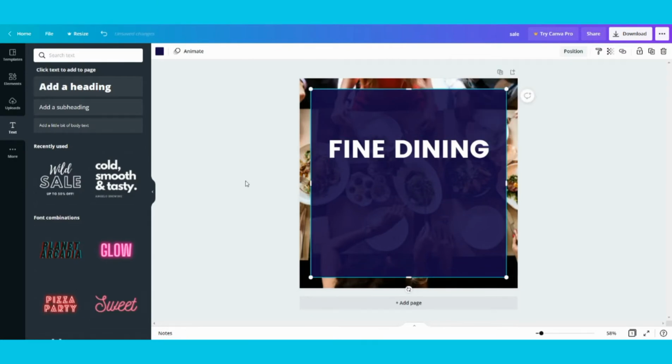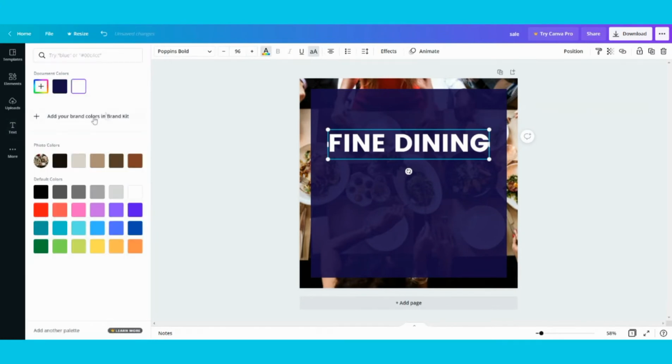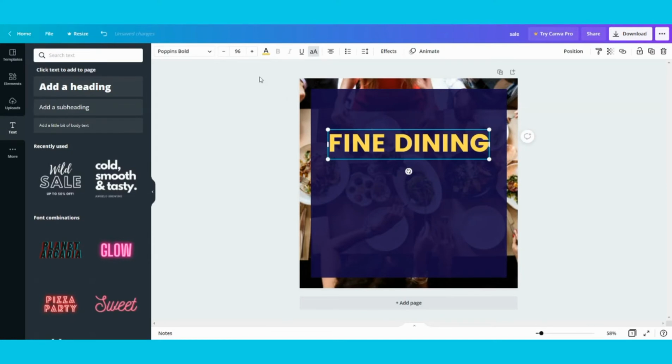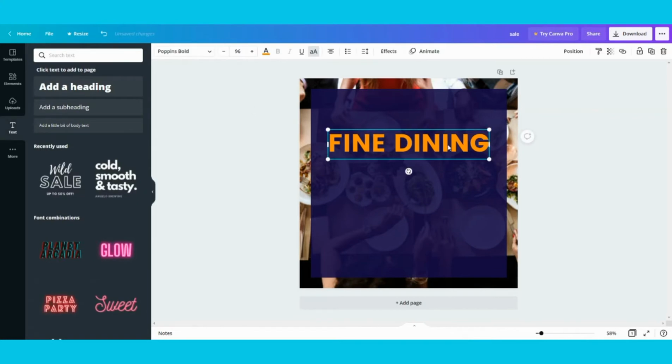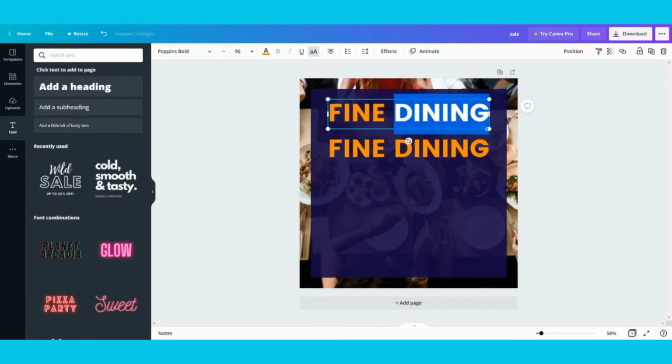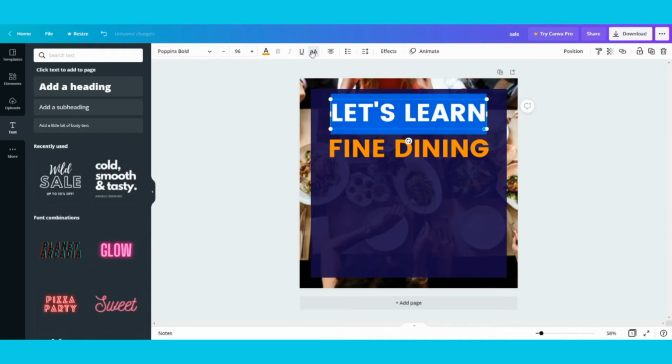For the text, I'm going to add a yellow color so that it is really easy to see and is a good contrast with the blue background. Remember duplication? You can very easily create a duplicate of the title that you brought in, with the changes that you made to it. Simply hold the Alt key and drag it down.